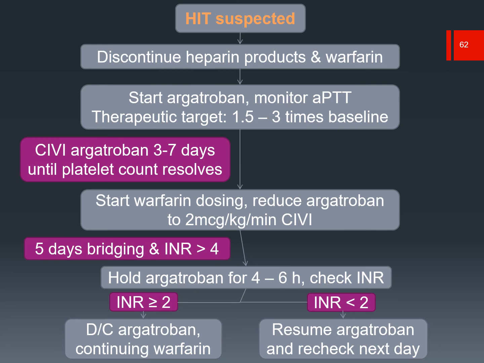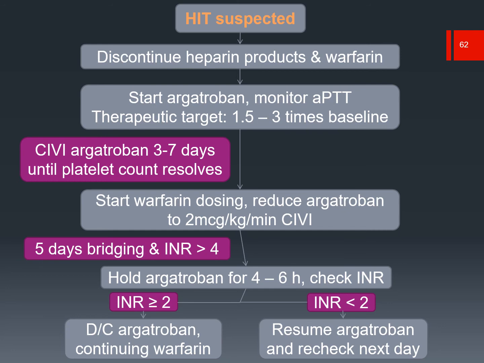At that point, if we've obtained 5 days of concomitant use of both anticoagulants and have achieved an INR greater than 4, we would hold the argatroban. So we turn off that continuous IV infusion for 4 to 6 hours. At 4 to 6 hours after we've terminated the argatroban dose, it is no longer affecting the INR, so we